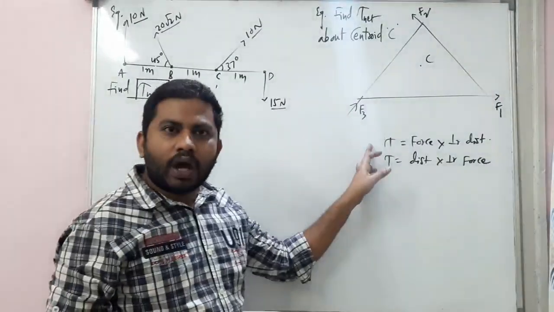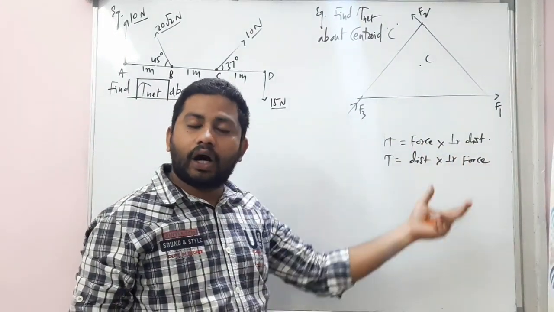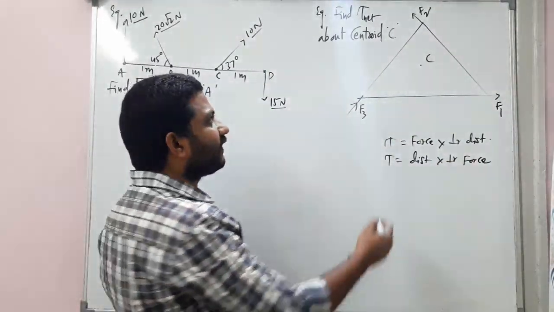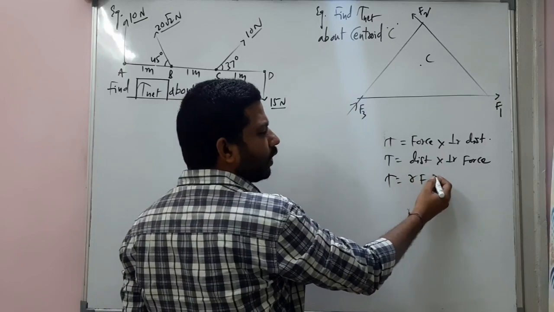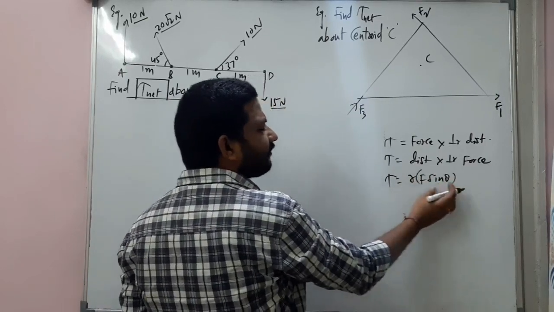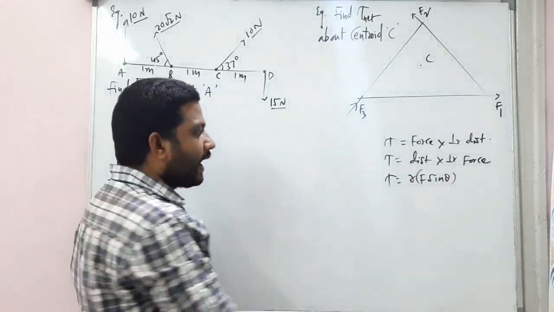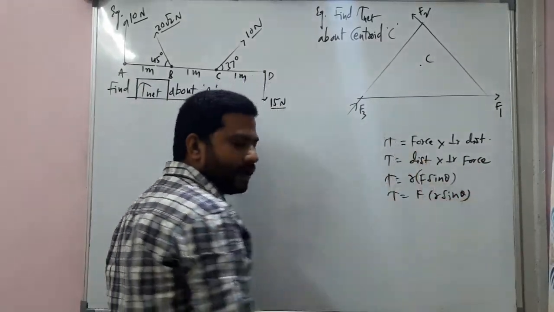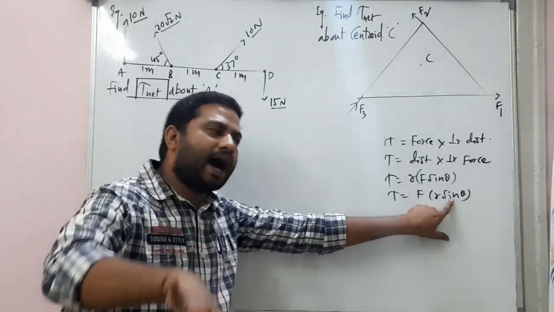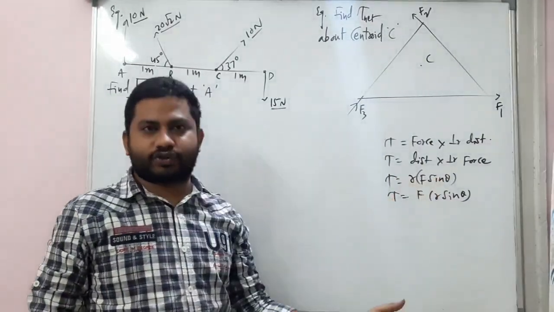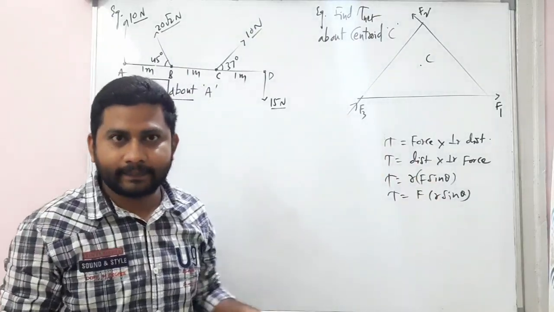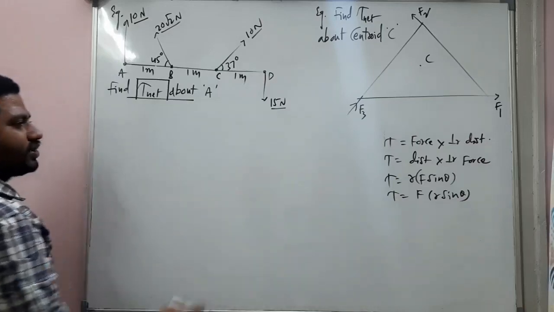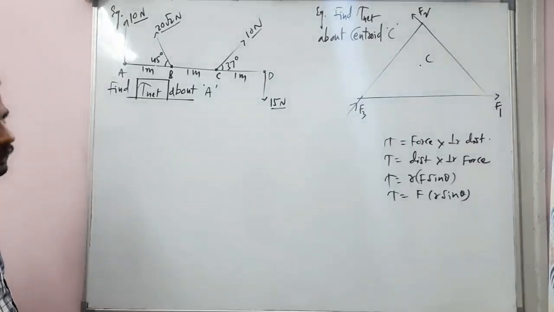Torque is equal to R into F sin theta, or torque is equal to F into R sin theta. So both the cases we have discussed. Torque is equal to R into F sin theta, where F sin theta is the perpendicular force. And the same torque can also be written as F into R sin theta: force into perpendicular distance or distance into perpendicular force. We discussed this in the last class. Now, look at the interesting thing. By using these formulas, we are going to find it.